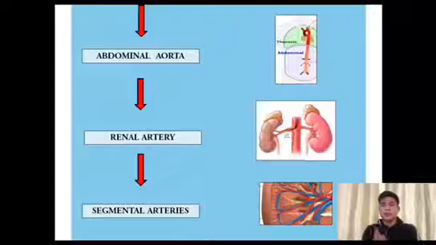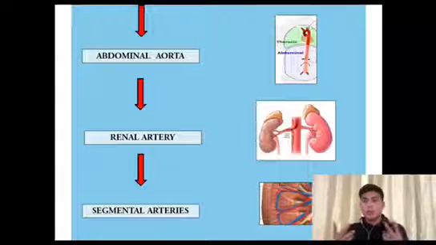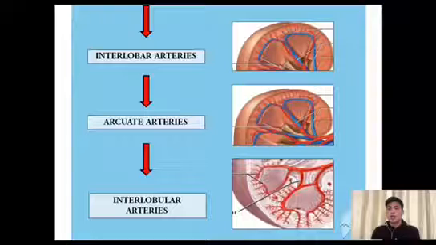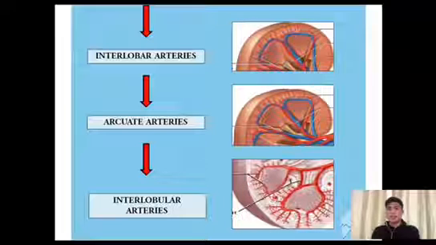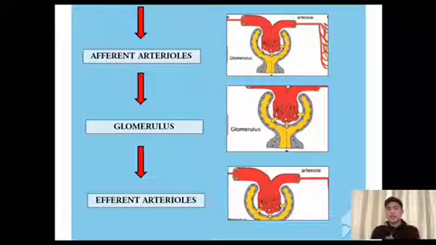So the blood coming from the heart proceeds to the abdominal aorta. Now it proceeds to the two renal arteries since we have two kidneys, and now it further divides into segmental arteries. The segmental arteries also divide into interlobar arteries and proceed to different arcuate arteries towards the interlobular arteries. So in this part, it starts to connect to the nephron since interlobular arteries are connected to the afferent